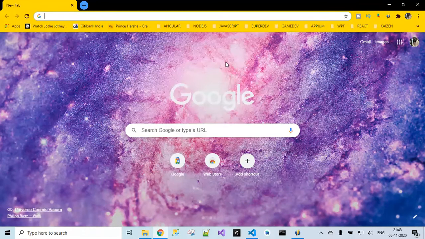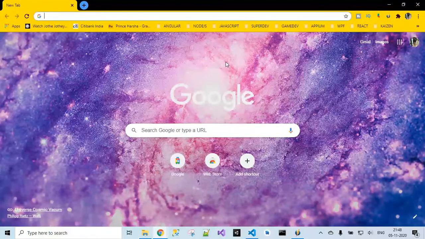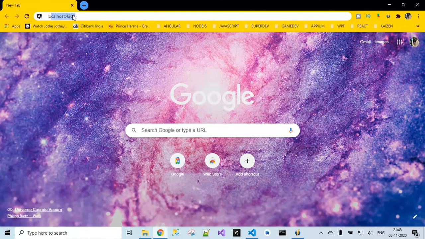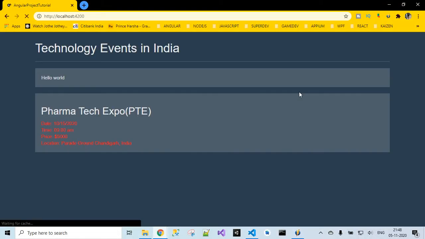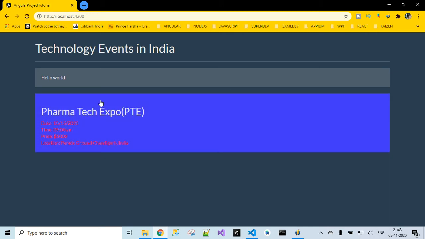Let's open the browser and provide localhost:4200. Okay, now if you see here on the browser, you can see that the event data which is getting displayed over here, that is date, time, price and location, is appearing in red color.